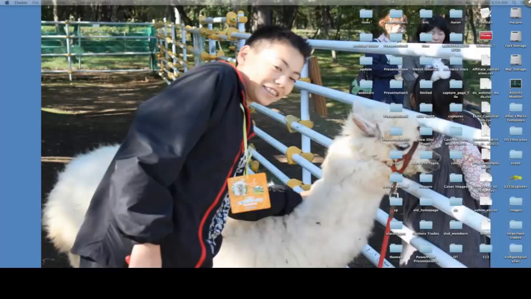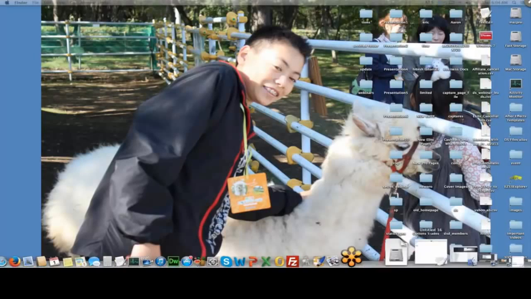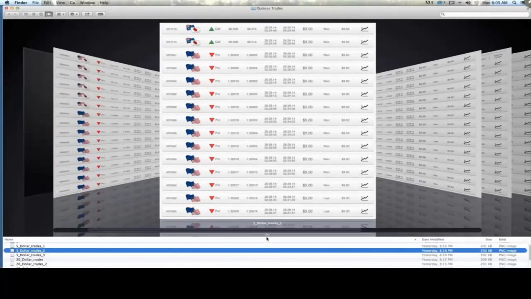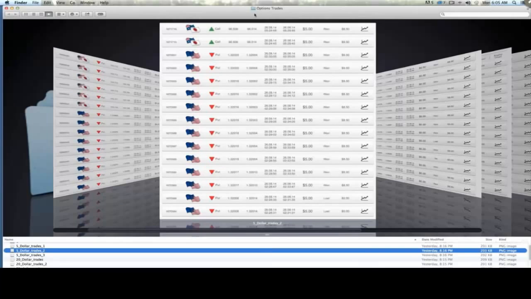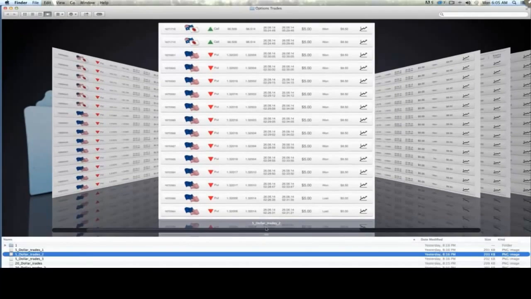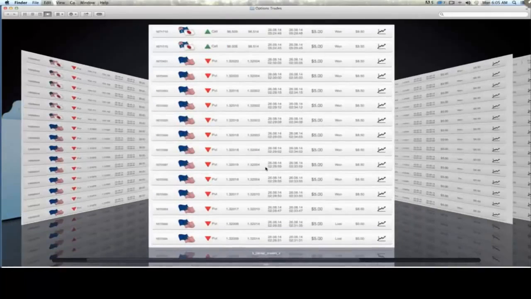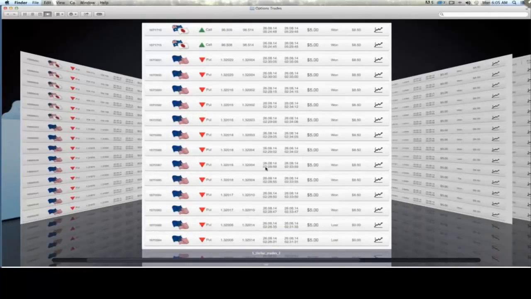I always tell people to take screenshots of things as you're doing them, and I've been taking some screenshots of my results with trading using the options domination model and the platform, and it's been very, very exciting. Before, I had never done this, and I've been doing this for about 45 days at the most. It's probably closer to 30.